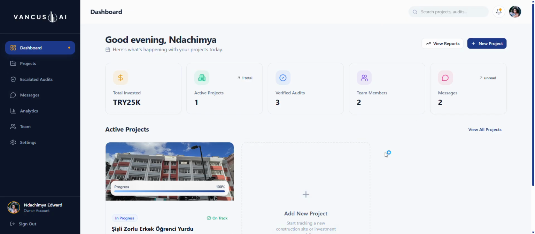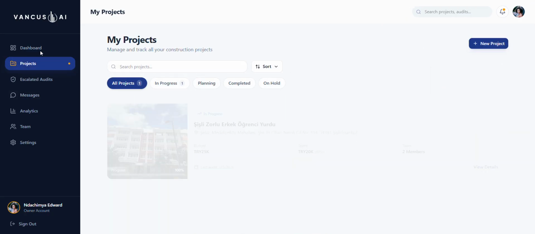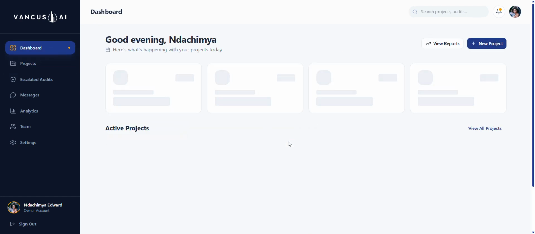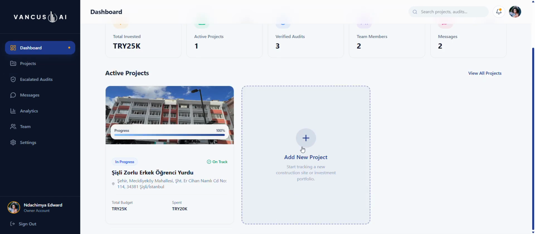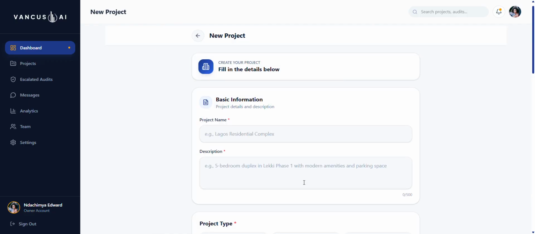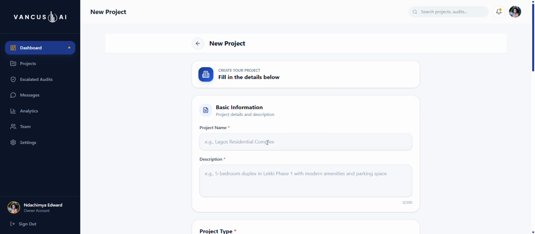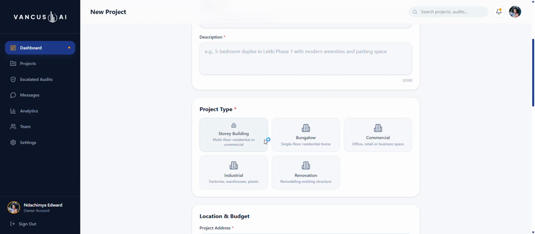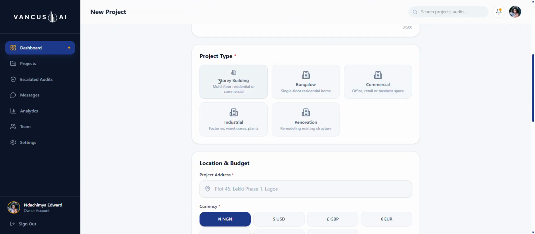So you can either go to the project tab and create a new project, or you come to the main dashboard where you see a summary of statistics of what's going on, and then you click on the new project. So here, basically, you fill in the details of the project you are working on. This is the project name. This is a short description of what's going on. So here is where you choose